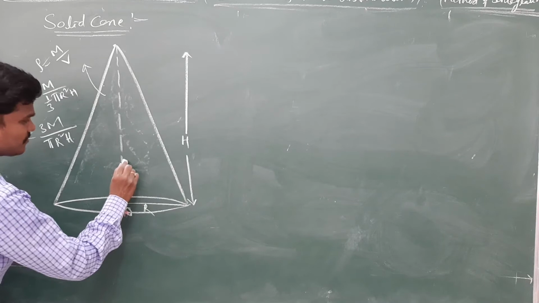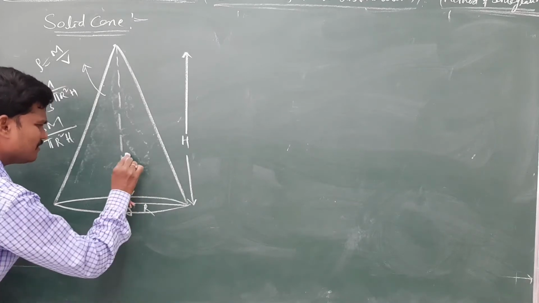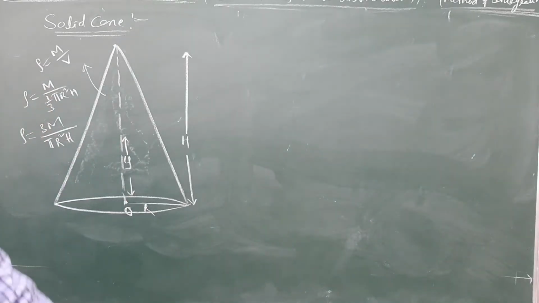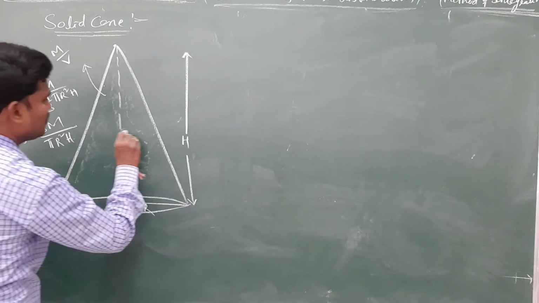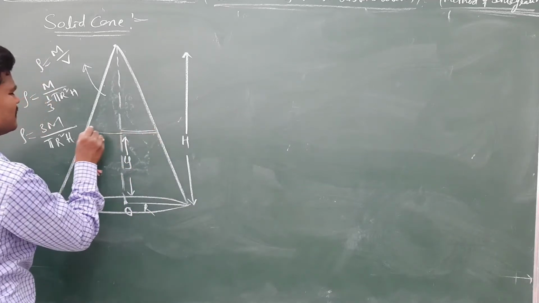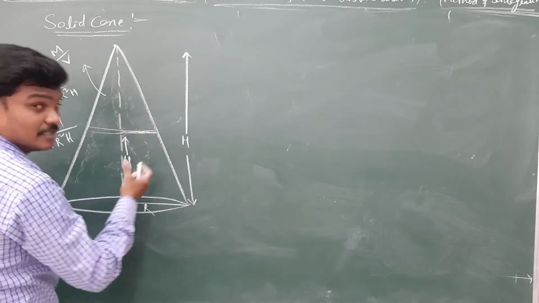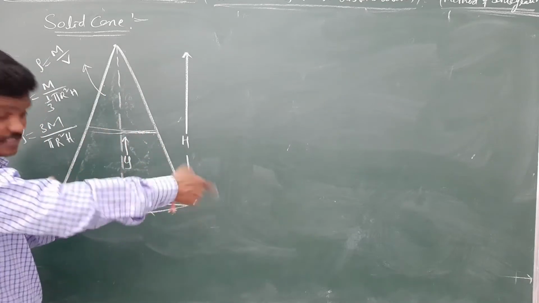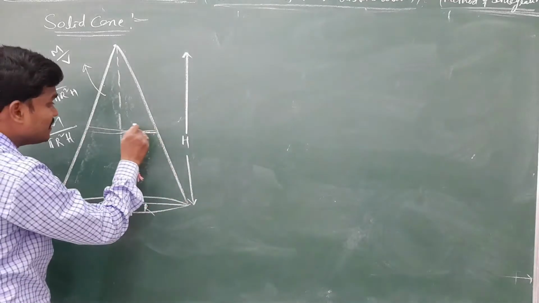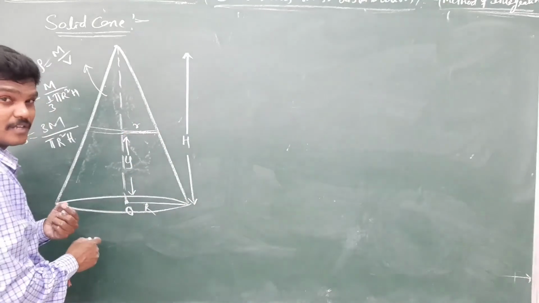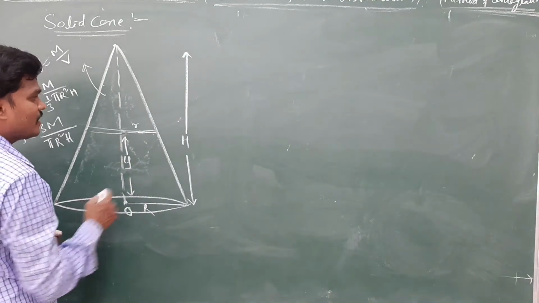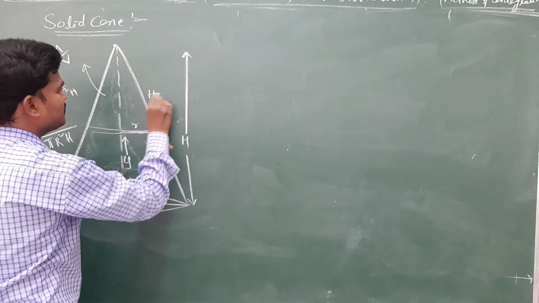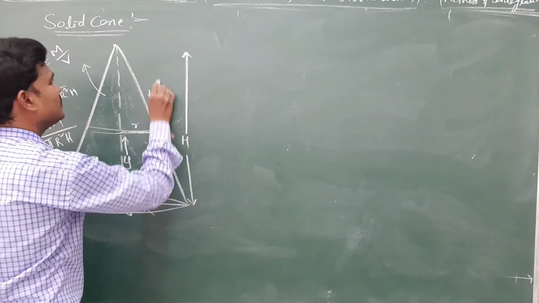again, at a distance of something y, you take a small elemental part. Okay, so you take a small part. See, this is the solid cone. If you take a small piece outside, that small piece is like a disc. That disc will have some radius r, and from here to here the complete height is h, and this is y. This must be h minus y.